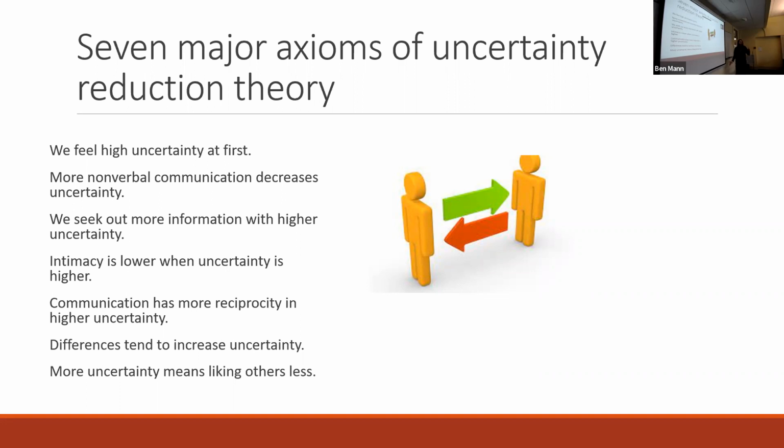lopsided, right? For example, maybe you have a close friend and that close friend just had a job interview and they want to vent and talk about the whole job interview. They want to talk about the whole process and you're there to listen and to support them. You wouldn't necessarily do that with somebody you first met, but you would do that with somebody with whom you trust and are willing to share that story to. So as we become more confident and close to other people, right, we decrease our uncertainty.